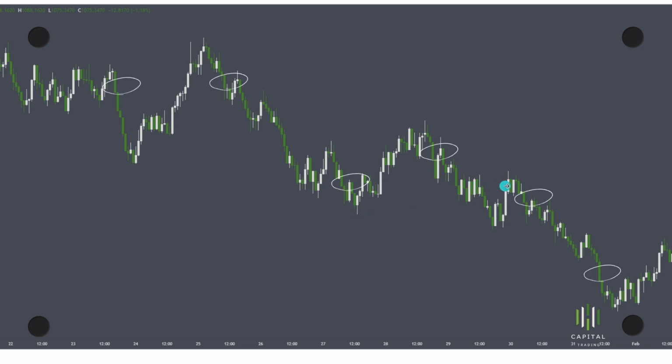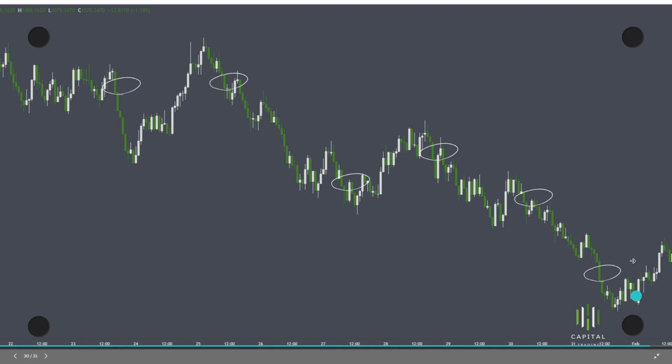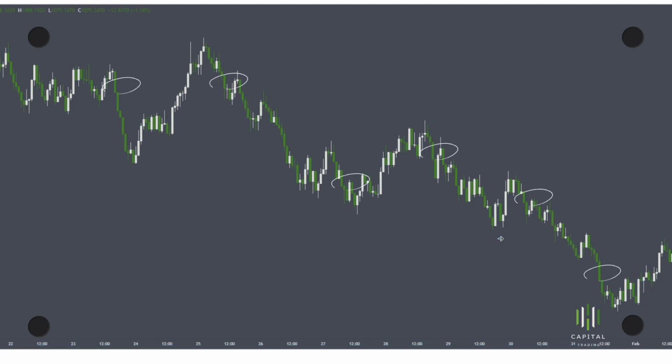And then we have a similar scenario here. They found resistance on the midpoint or 50% of the range of this gap, and then continued on the downside. We have this here. The price remembered that there is a gap here, and then they came to fill it up. So an insight: